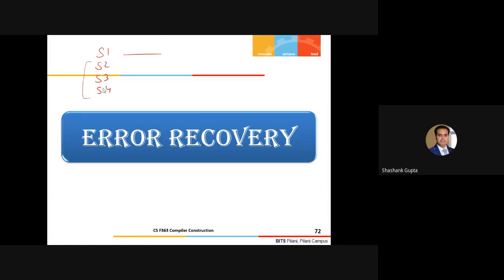Let me parse the rest of the tokenized input stream, because my goal is to process the rest of the input. My goal is not just to flag an error. Similarly, in the rest of the parsing, if I flag an error somewhere here, I'll simply flag an error, but I'll also come out of the error, come out of the recovery, and resume my parsing from some other point here.